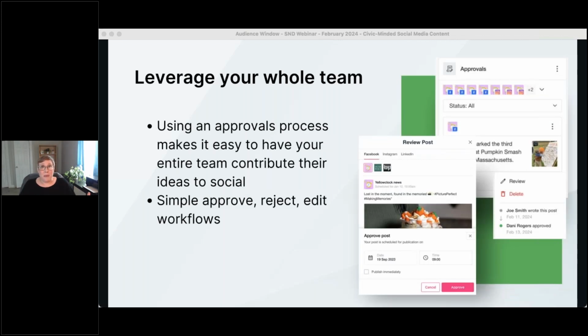Don't feel like you have to come up with every single idea yourself. Be sure to lean on every member of your team to contribute to the cause. If you're not sure about whether or not their content is primetime ready, you can consider a social media management tool with an approvals workflow like Social News Desk so that you always get the last word on what gets published and when.